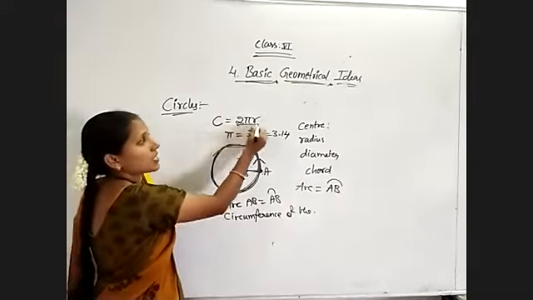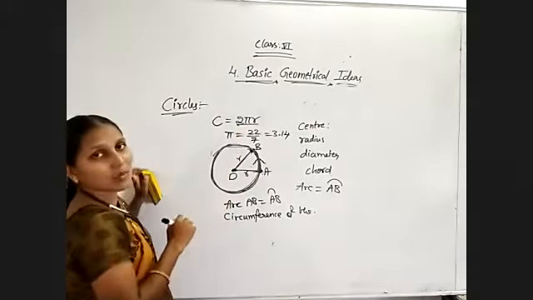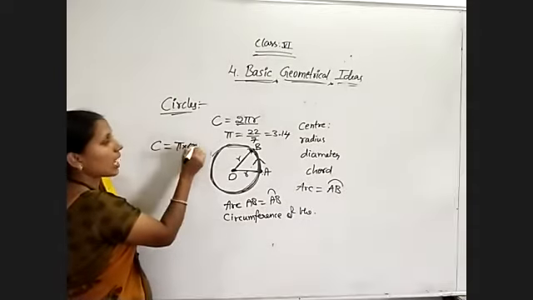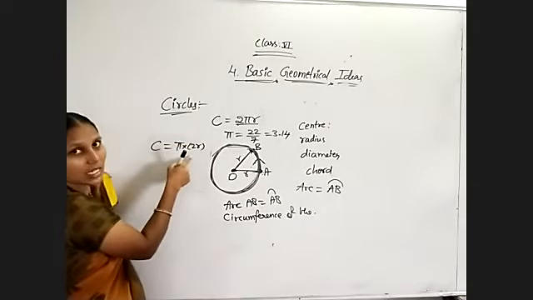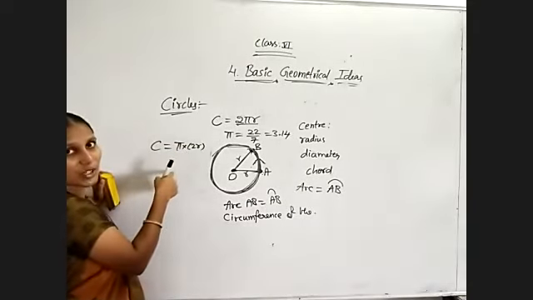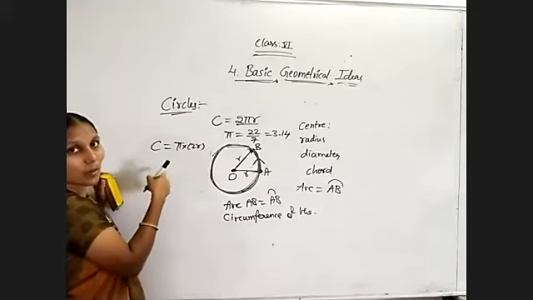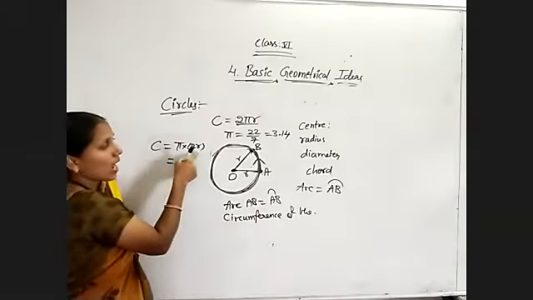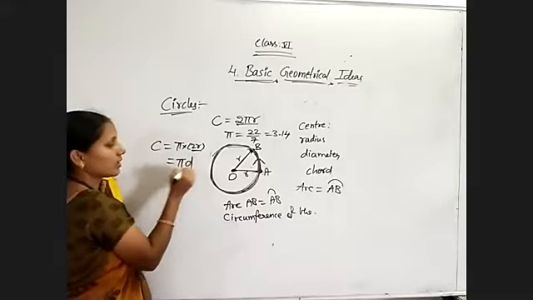Next, observe it is in terms of radius. If I want to write in terms of diameter, we know that I am writing pi into 2r. If we are changing the order, there is no problem. In case of multiplication, we have commutative and associative properties. So now observe this 2r. 2r is nothing but, as I said, twice the radius is the diameter, so that is pi d.